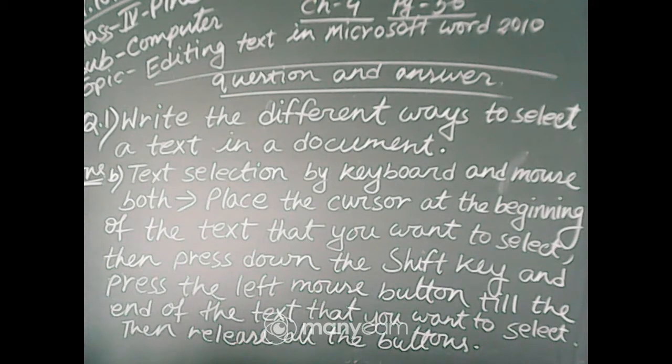Place the cursor at the beginning of the text that you want to select, then press down the shift key and press the left mouse button till the end of the text that you want to select. Then release all the buttons. Then the text will be selected. Okay. Now in this way you can select the text.